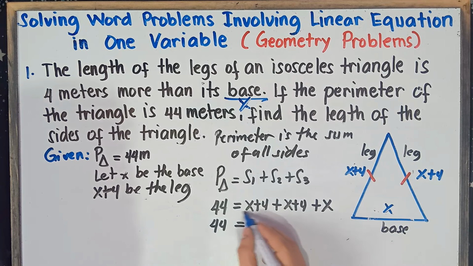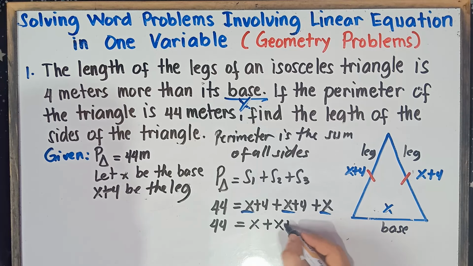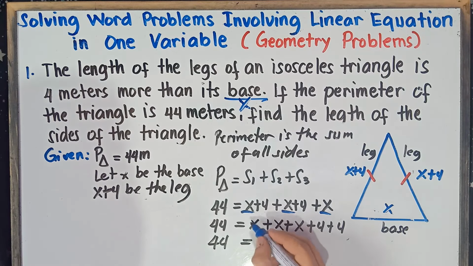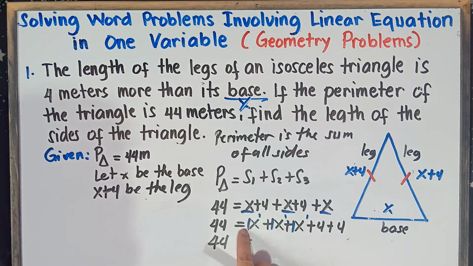So this will be 44 equals, so that we will not be confused, let us combine all x. We can arrange this as x plus x plus x plus 4 plus 4. So 44 equals x plus x plus x, understood that there's 1 here. We can combine these, same letter and same exponent for the letter, that is 1. This is what we call literal coefficients for x. So simply add the numbers, 1 plus 1 plus 1, that would be 3. Simply copy x, and then 4 plus 4, that would be 8.